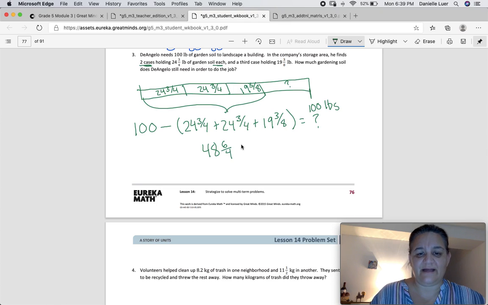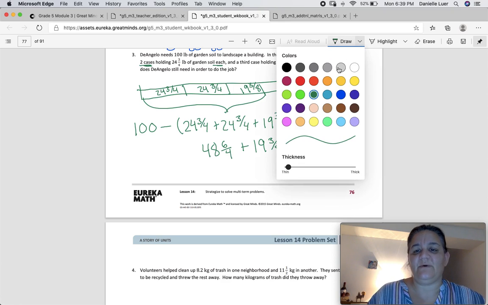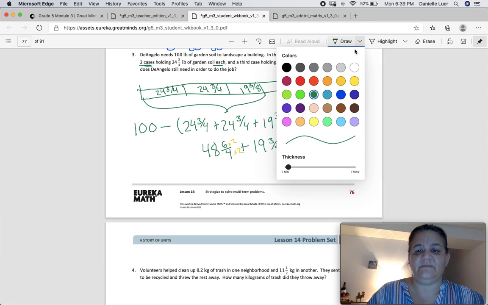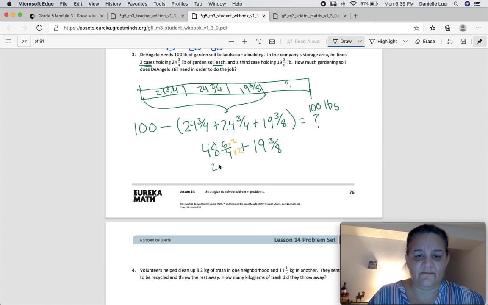Now over here I have 19 3/8. Are you seeing the common denominator I want to use to add those? I hope you do. I want to use 8, so I'm going to multiply by 2. And that is going to give me 48 12/8 plus 19 3/8, which equals,